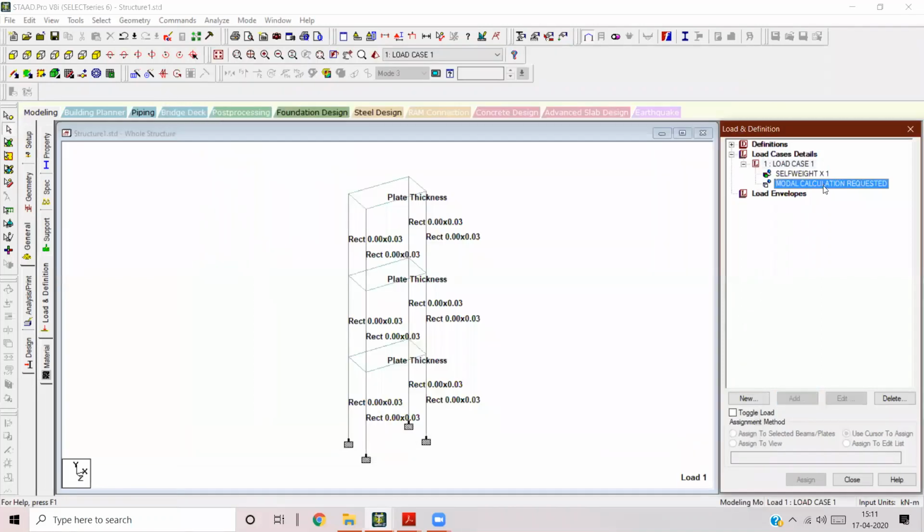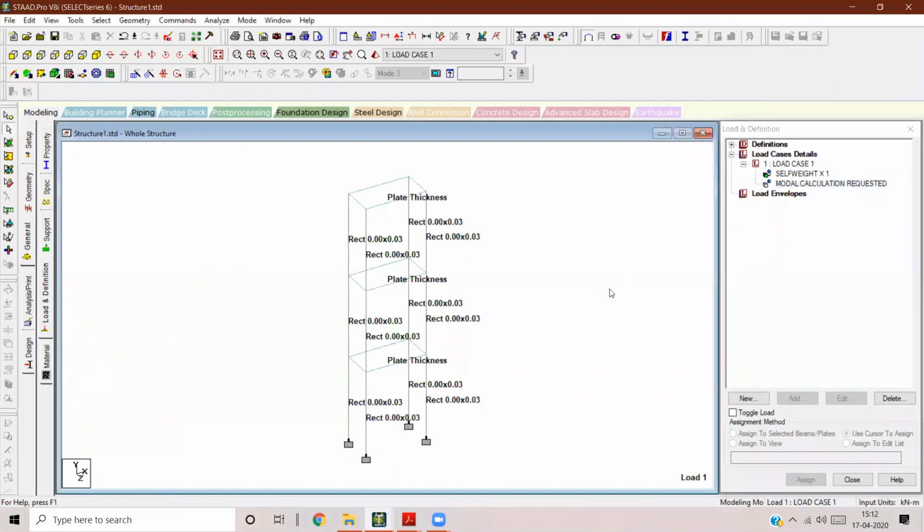Next, once modal calculation is added, you don't really have to assign it to anything because this is just a command that is applied to the entire model by default. You don't have to go and apply it to individual members like we do for self-weight. And if you remember, we applied a command in E-tabs where we went and curtailed the number of